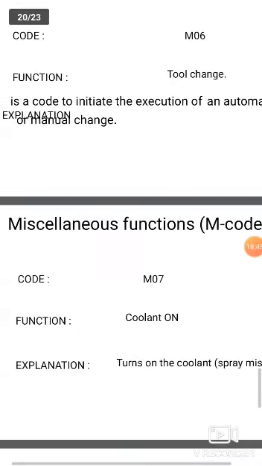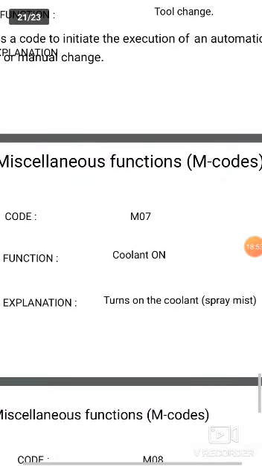Among the miscellaneous functions, M07 is coolant on. M07 indicates coolant on. It turns on the coolant spray mist, so the coolant will start and the machine can cool down.